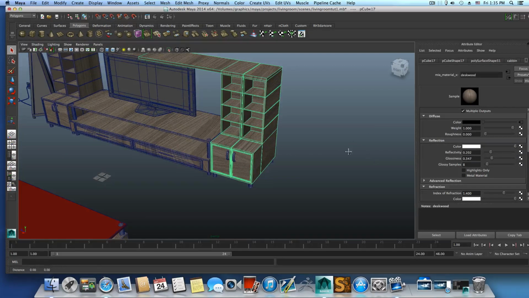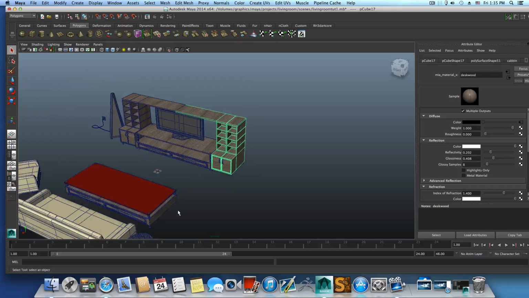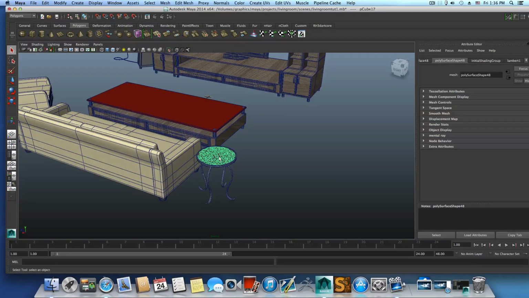Okay, sorry, once again. Right now I'm on reflectivity of 0.202 and glossiness of 0.347. I need to get a little bit more glossiness, so bring it up. It will take some time. 0.400, yeah, that's fine. These values are pretty much okay. Also, it will be applied to all of those pieces because we use the same shader, so be aware of this. Now I'm going to add this